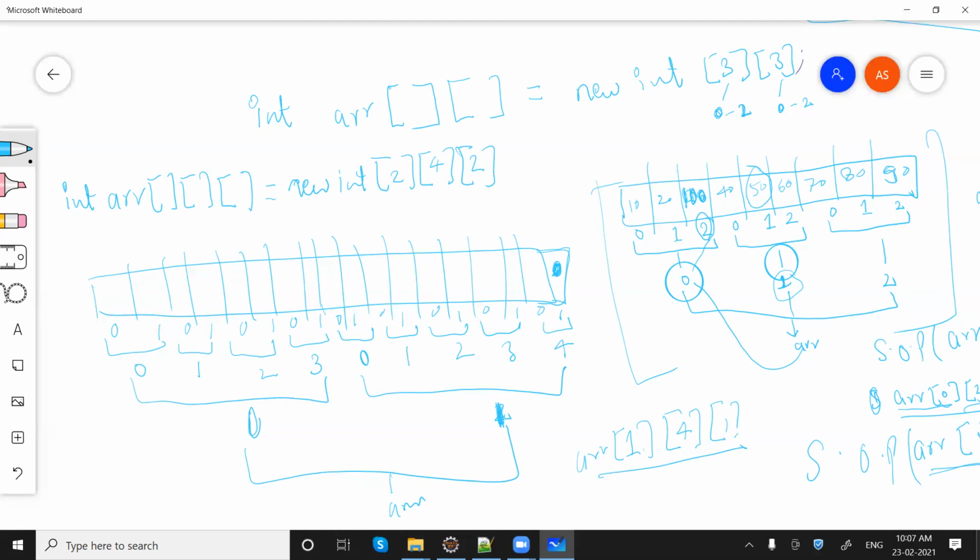Sorry, it's not 0 1 2, 0 1 2, 0 1 2 3. So it won't be there basically. This would be the last position, and we'll say 1 3 1.